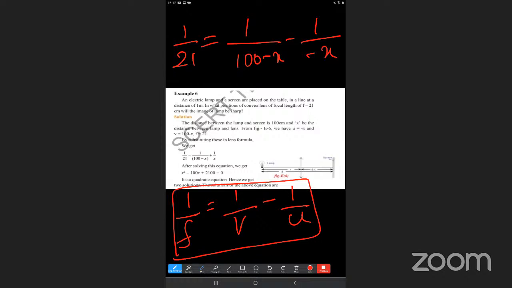So after solving this equation, we get x square minus 100x plus 2100 equals 0. So solve this equation, we'll get this value here: x square minus 100x plus 2100 equals 0. So now it is a quadratic equation, right? So hence we get two solutions. So what are the two solutions here? The solutions of the above equation are